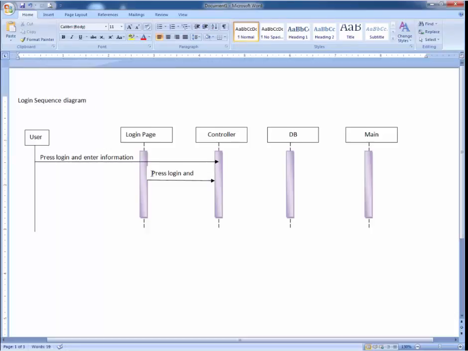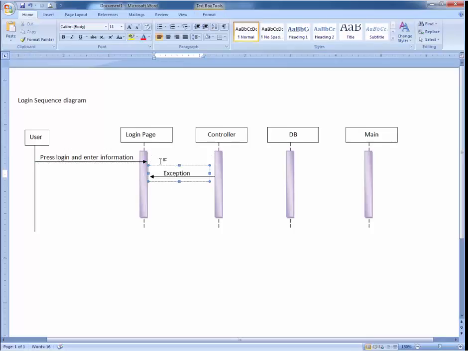If the data is correct, if there are some errors, or you can say exceptions, it will return this exception. This message is only displayed to the user. The controller will check the exception, and if there is some exception, it will return the exception.